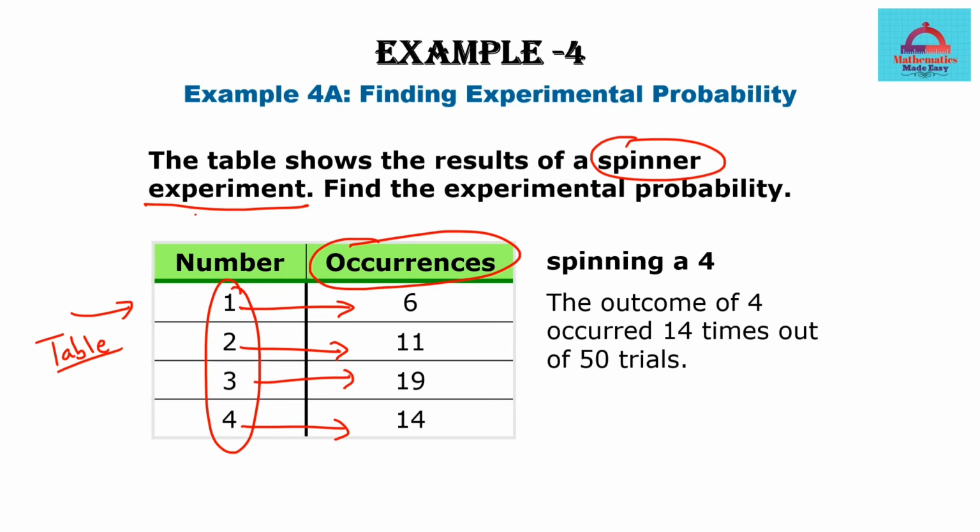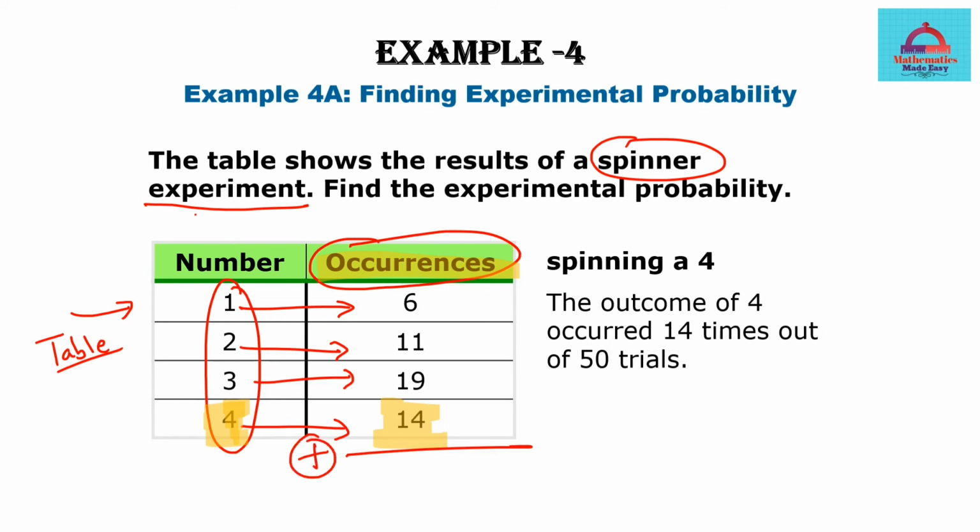Okay, so this is the favorable one that we have to consider. So we'll use the highlighter and highlight. The number 4 is coming on the spinner 14 times. Now we need to also have the total number of possible cases or the total occurrence. We'll go back and we are going to add them.